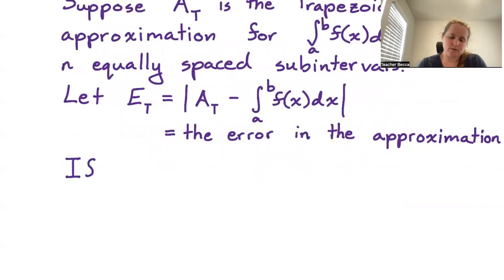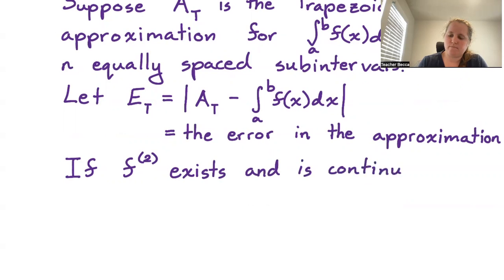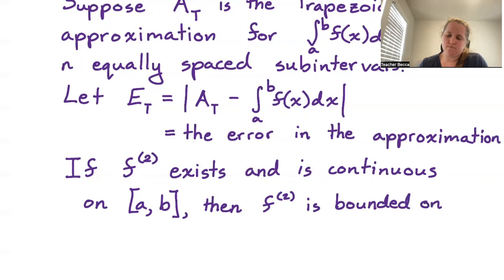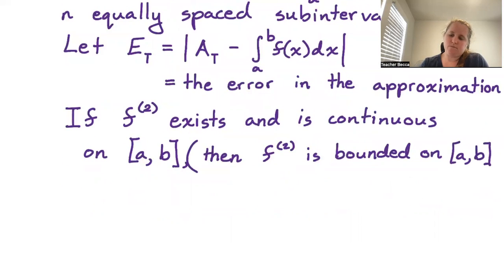So if the second derivative of f exists and is continuous on [a, b], then it is a fact that the second derivative is bounded on [a, b]. And so we're going to continue this if with,